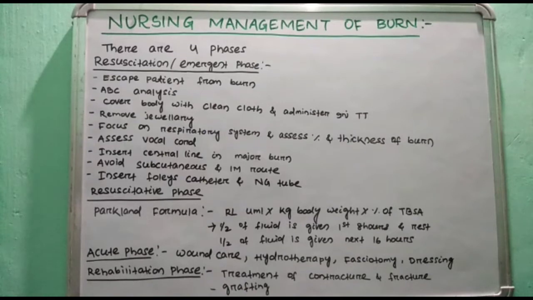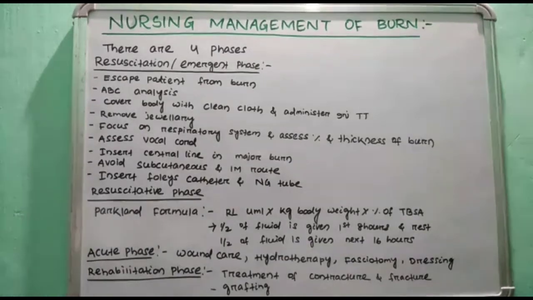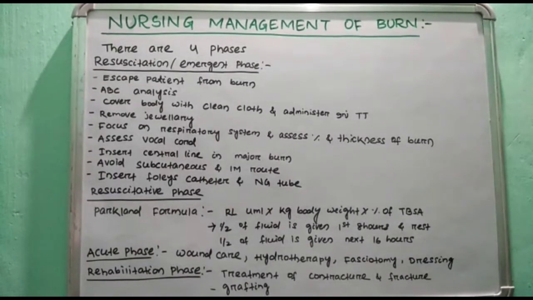How will you know that your patient is out of shock? Improved consciousness of the patient. Urine output is more than 30 to 50 ml per hour. Vitals become normal, that is BP becomes normal, heart rate becomes normal. Then hemoglobin and hematocrit levels also become normal. This is the criteria for a patient being out of shock.